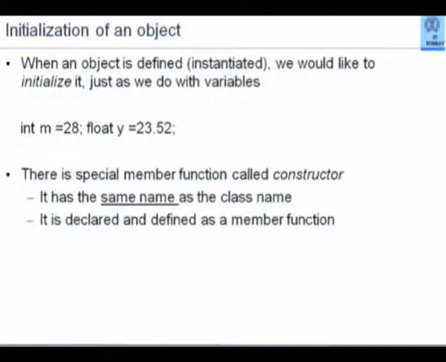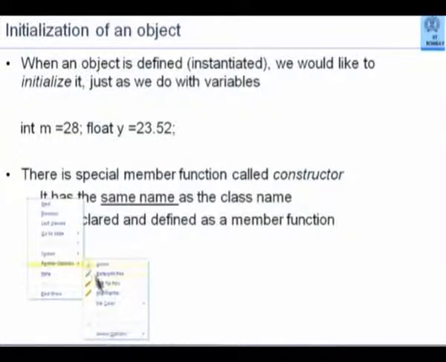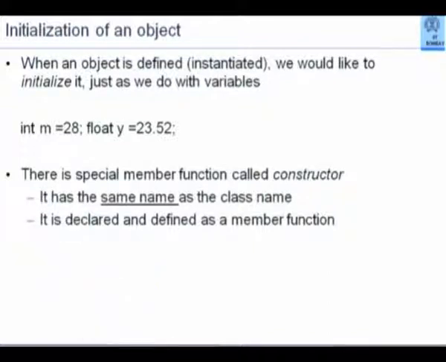In normal programming, if I declare variables, I can initialize them with values during the declaration. So, for example, I can say int m equal to 28. Or I can declare float y equal to 23.52. Notice that this declaration means two things will happen. One, at the compile time, the compiler will allocate memory to that object, that variable, and it will also put